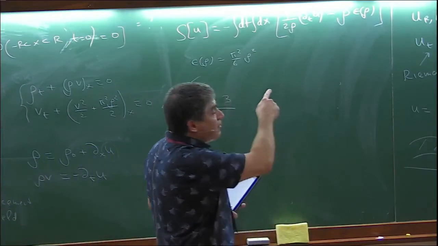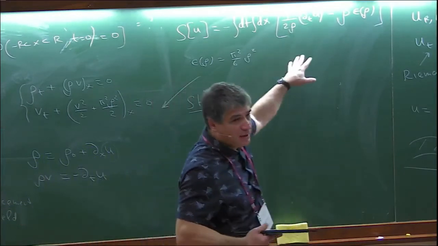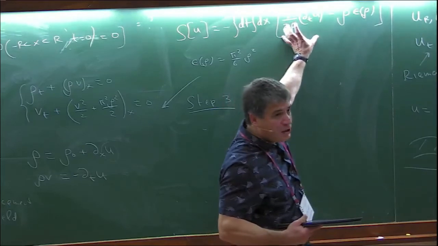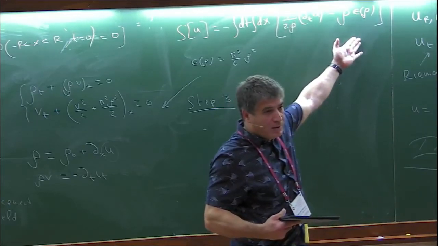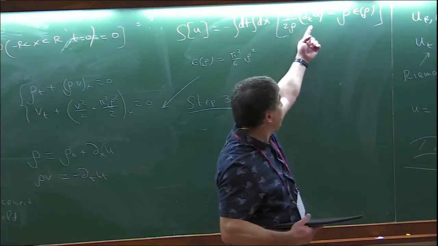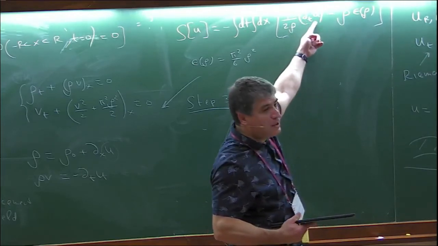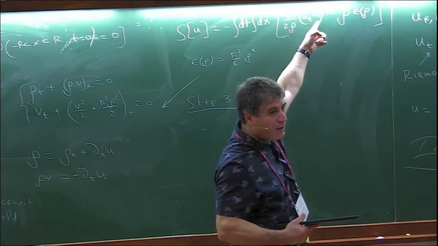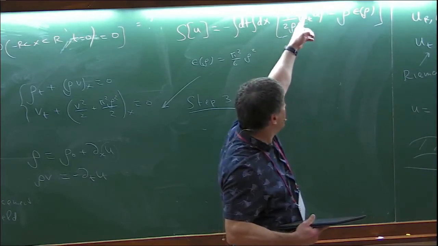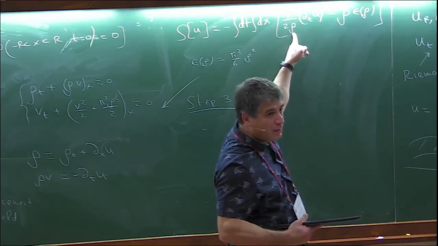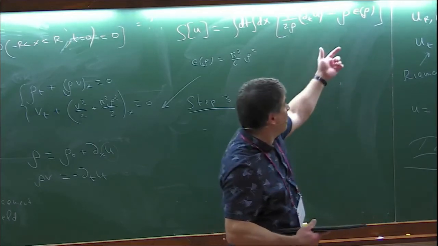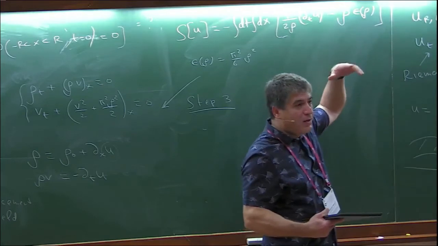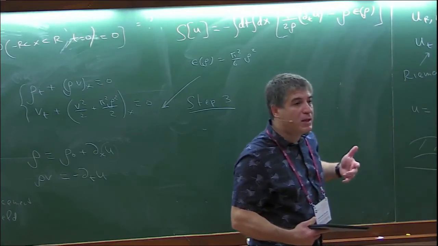If you think about it, this is nothing surprising here, right? Because this is kinetic energy minus potential energy. So it's like mechanics. This dtu, remember, this is rho v squared, rho v. So what is written here is rho v squared over 2, which is kinetic energy of the fluid moving as a whole. And this is internal energy, which, from the fluid point of view, should be considered as potential energy,